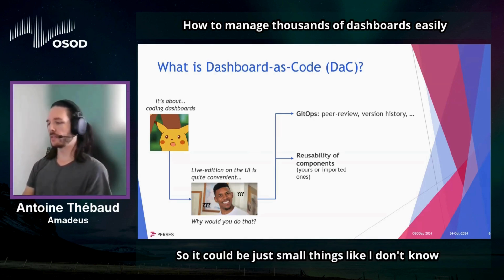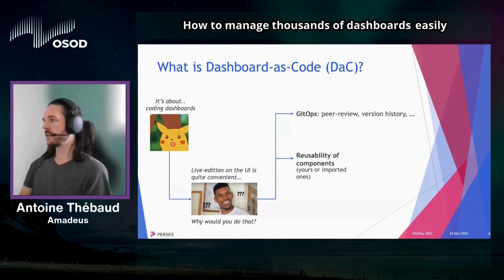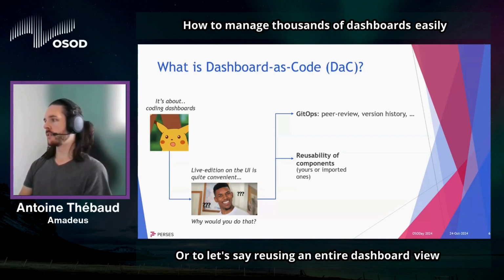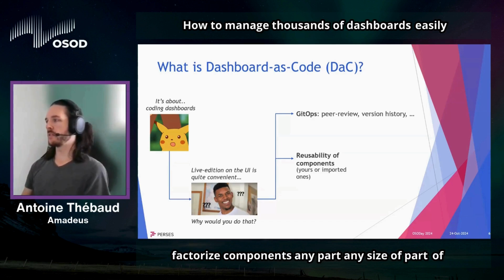So it could be just small things like, I don't know, a given color code that you want to ensure is consistently used across several dashboards, panels, etc. Or reusing an entire dashboard view that you want to have different instantiations of with just a slight difference. So thanks to this as code approach, you can factorize components, any part, any size of part of a dashboard that you want